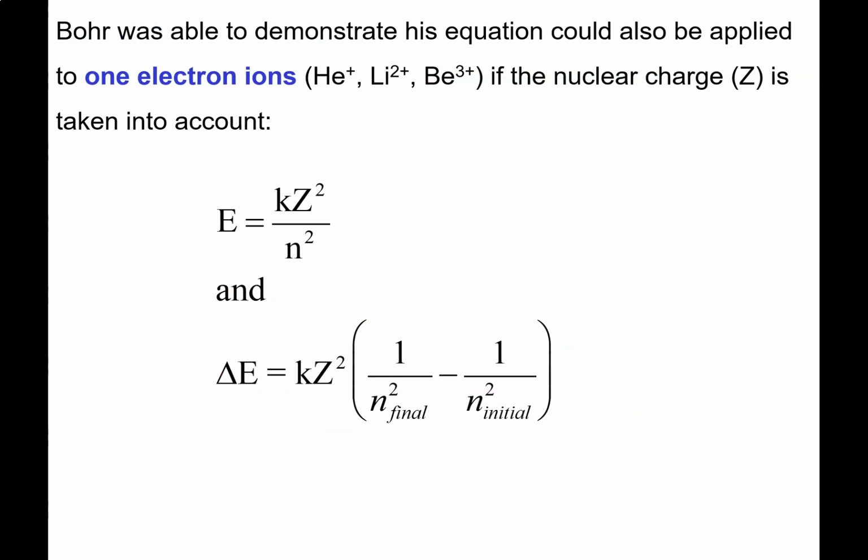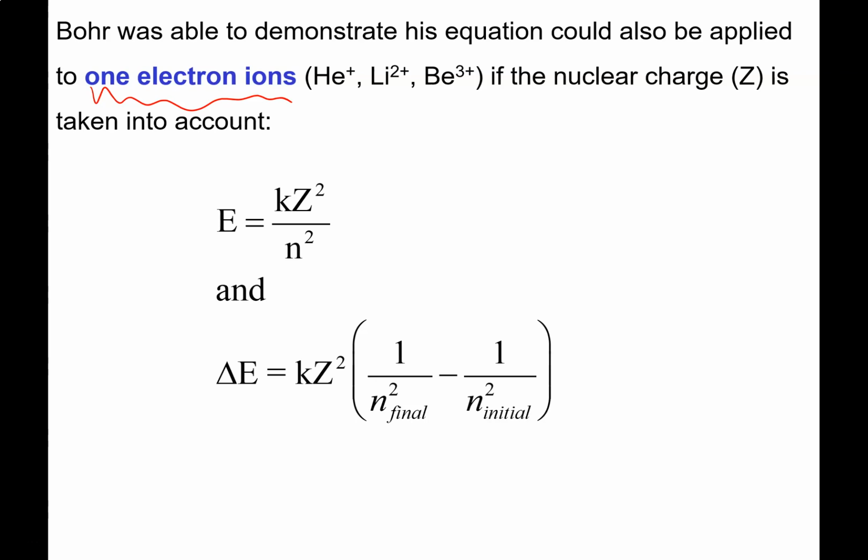Now, Bohr wanted to do more than just look at the hydrogen atom. He wanted to look at every atom in the periodic table, and there are 118 atoms in the periodic table. He wasn't able to extend his work to all of these atoms, but he was able to extend his work to any ion or atom that had 1 electron. So ions of this type would be things like helium plus, lithium 2 plus, beryllium 3 plus, anything that has